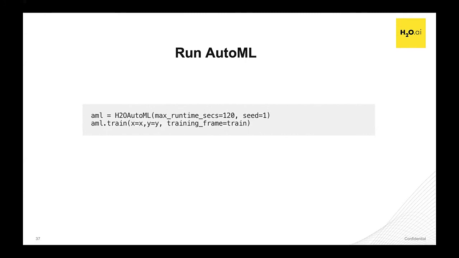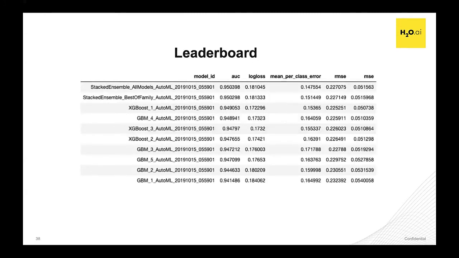What final result you'll get is a leaderboard. The leaderboard will give you the top 10 models which are built by AutoML. Now, I think you can also see that we did not choose any models. We did not specify which model the machine should use. It has used 10 models. Of course, they were in the H2O library, and it puts them on a leaderboard in the order of their accuracy